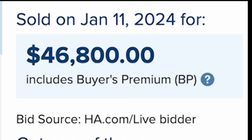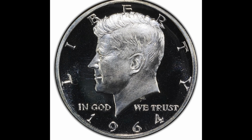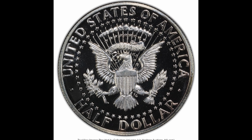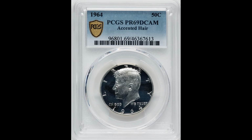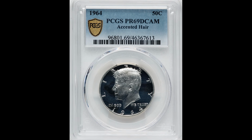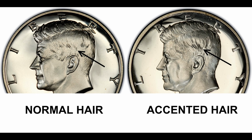$46,800. Once again, we do have a proof coin, except this one was graded by PCGS at a proof 69. So it's actually 1 point below the previous coin, but it sold for $46,800. Crazy, right? Well, I want to show you something special about this coin. This coin has an accented hair. We'll show you the difference on the screen. If your coin has this and it's in good condition, it could be worth a lot of money. Moving right along,